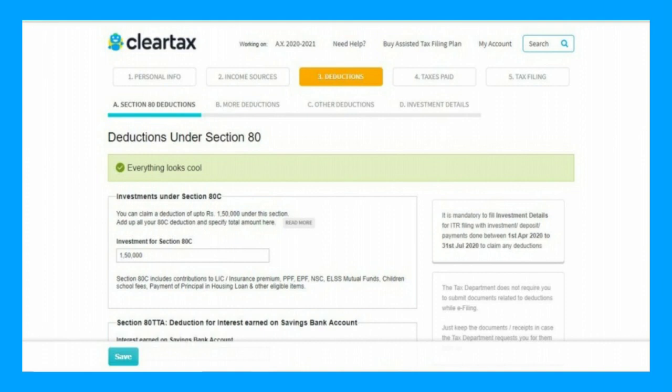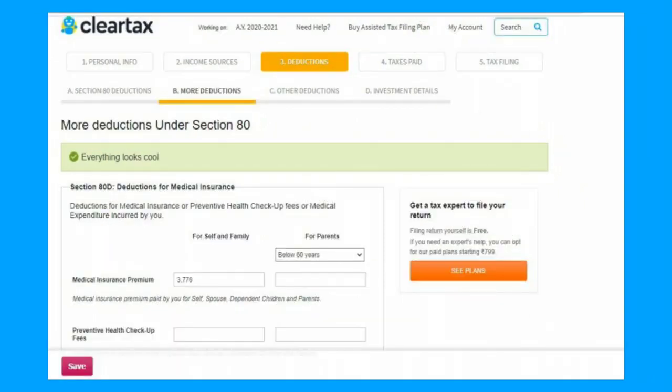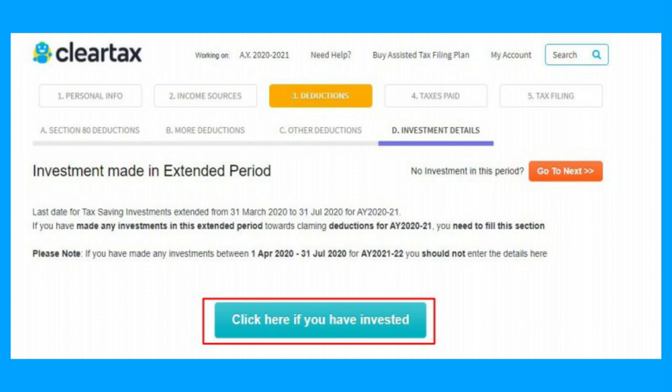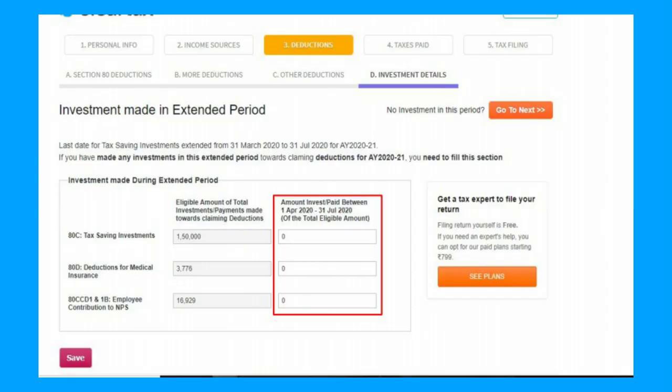Now, you can review the deductions you have claimed, autofill from Form 16 and declare more of them. In case you have made any additional investments between 1st April 2020 to 31st July 2020, then you can separately enter these investment details under the Investment Details tab.